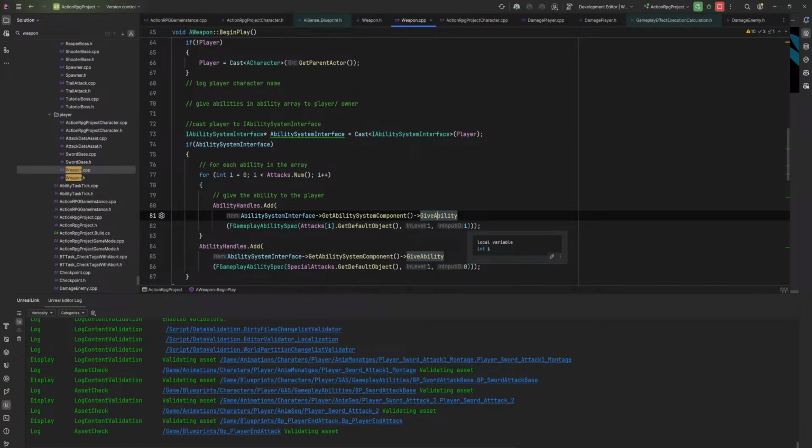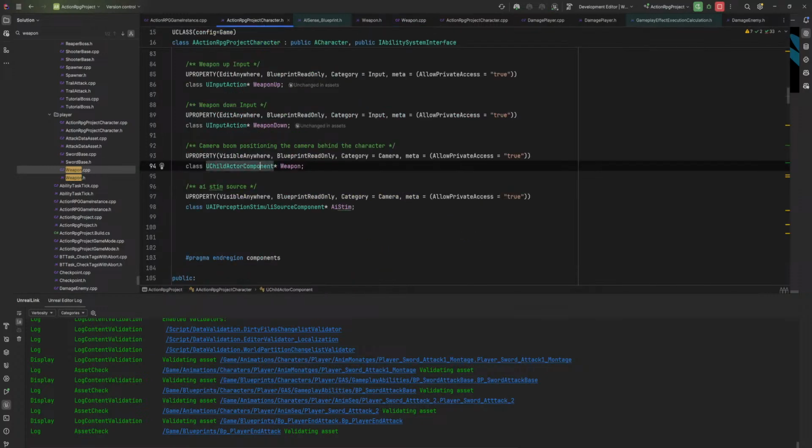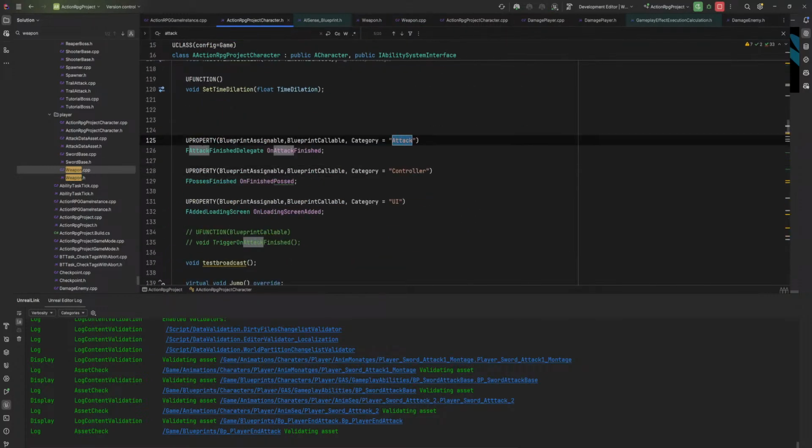Oh. No, but that makes sense. Hold on. So then, character, when I attack... That's the header file.